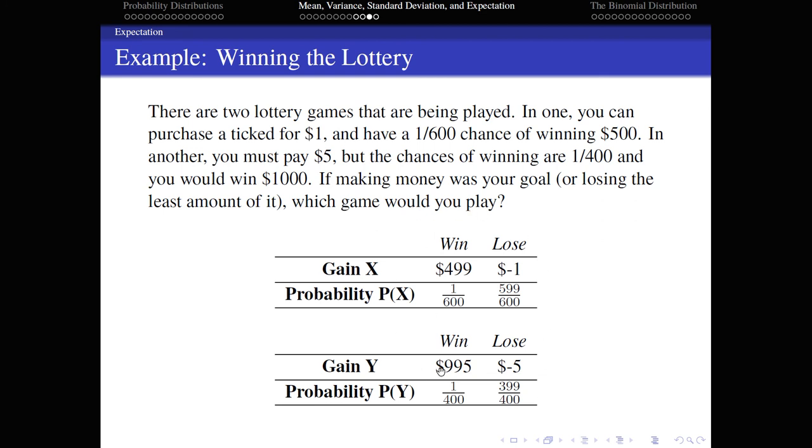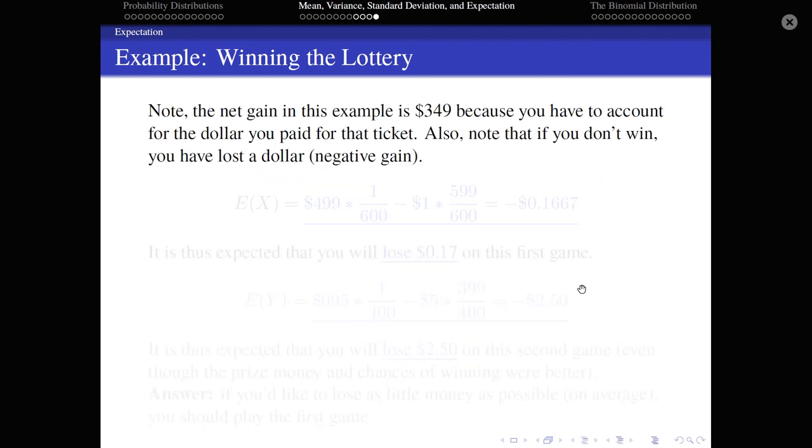Now the question isn't to put together these tables. These tables are going to be helpful to figure out how much money on average do I make in each game. The question is, if I wanted to make money or lose the least amount of money, which game would I play? So I'm going to look at the average of both of these and then compare them. So looking at the average of this first one,